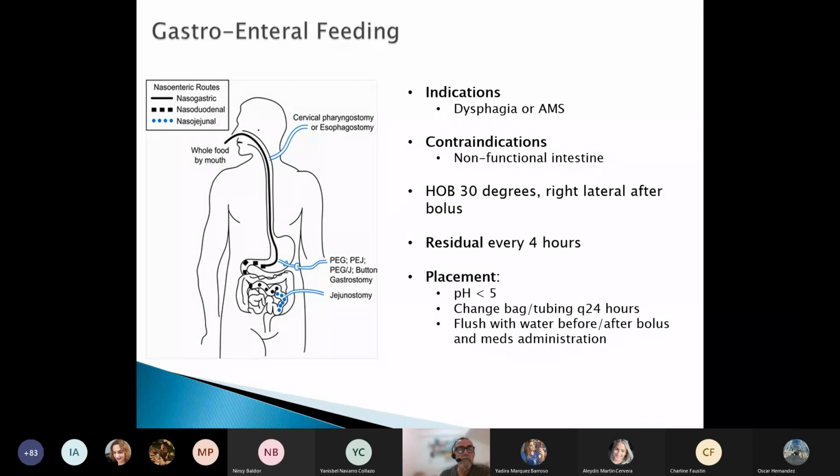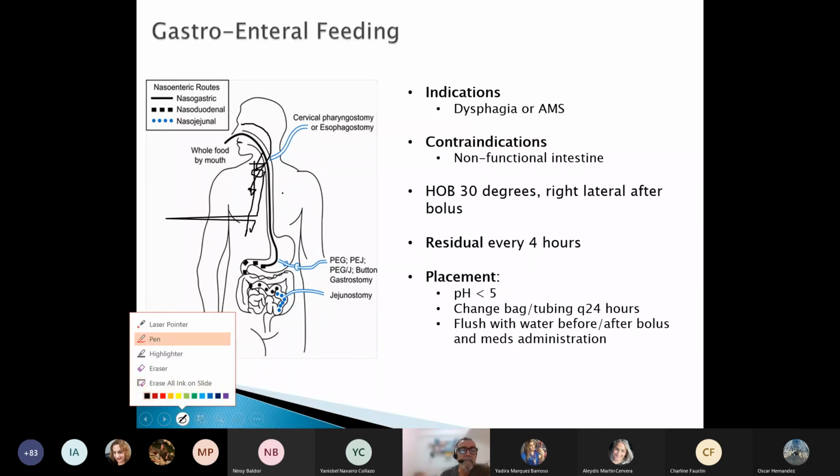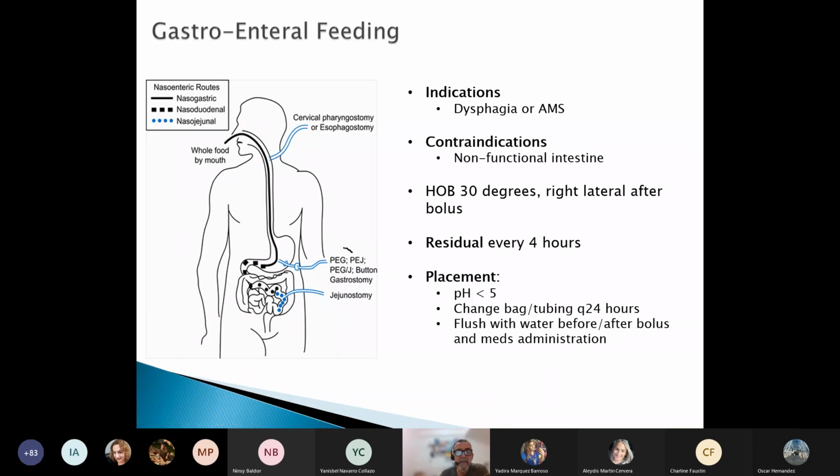The other reason nasogastric tubes are not used long-term is that they bring infection to the lungs even without aspiration. The presence of the tube in front of the trachea translocates bacteria to the trachea. And as you know, they bring other problems, for example discomfort, and they produce sinusitis, etc. So for that reason they are rarely used. More frequently, when there is need of long-term feeding, what is used is the PEG tube.